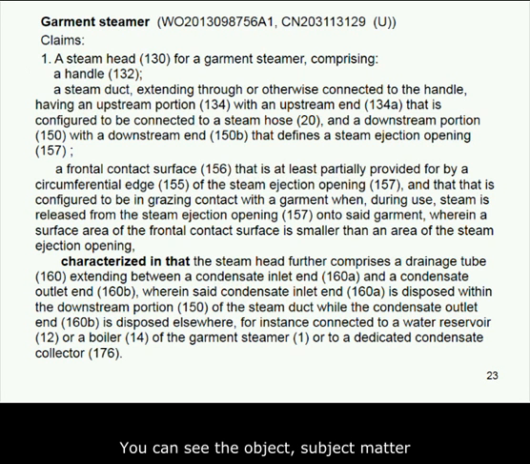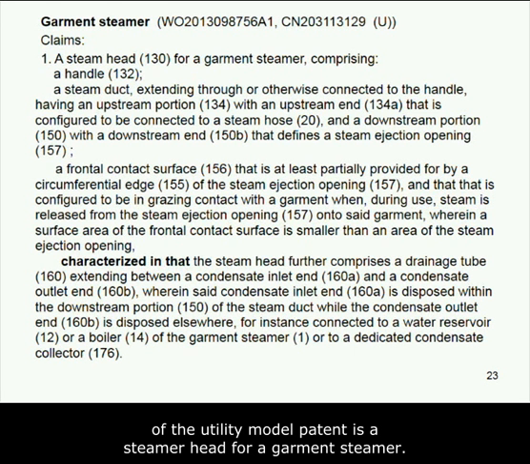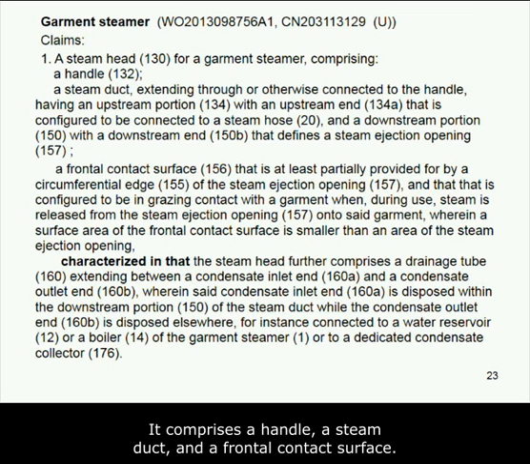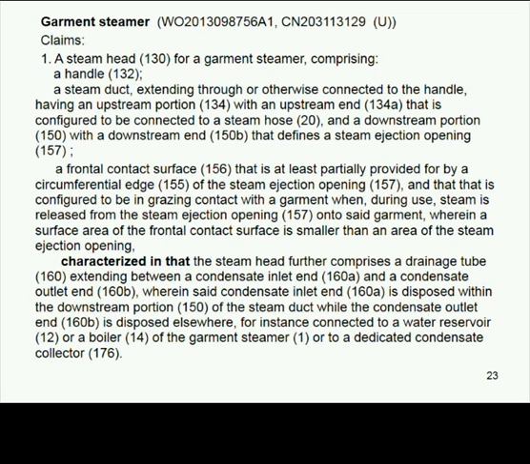You can see the subject matter of the utility model patent is a steamer head for a garment steamer. It comprises a handle, a steam duct, and a frontal contact surface. There's some explanation of these 3 parts. Usually,